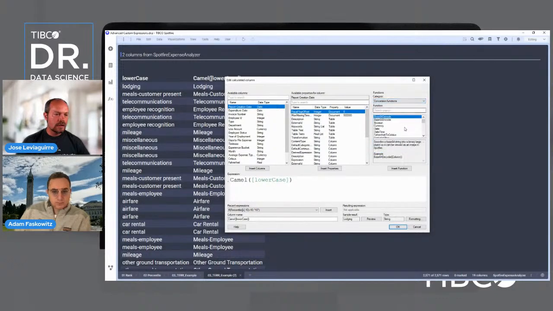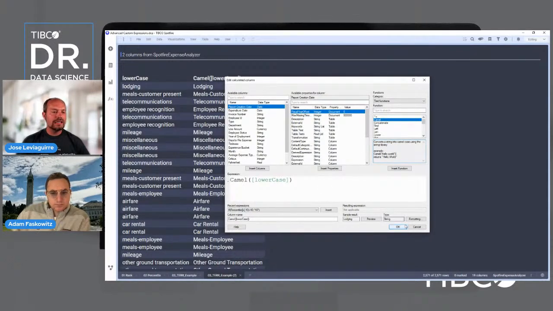I think it was string functions, text function right here. Yeah, here, camel. So I have my custom function here, and we have this example, and that's how